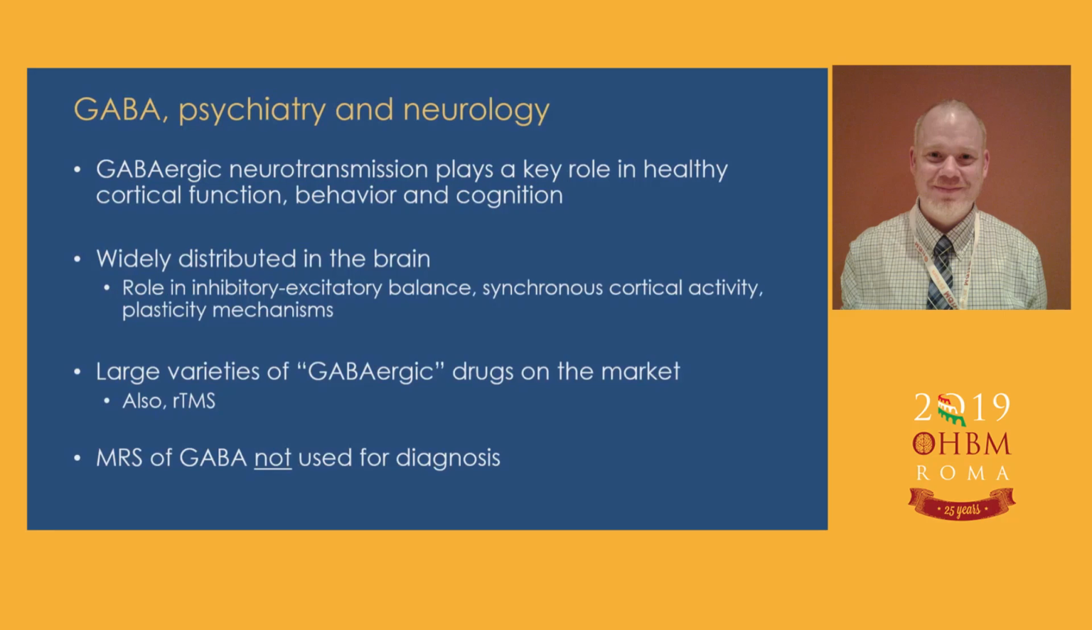So we know that GABAergic transmission plays a key role in healthy cortical functions, healthy behavior, and cognition. And so when GABA isn't functioning properly, that can really lead to large repercussions and therefore to psychiatric and neurological disorders. It is widely distributed in the brain, has important roles in inhibitory-excitatory balance, synchronization of cortical activity, as well